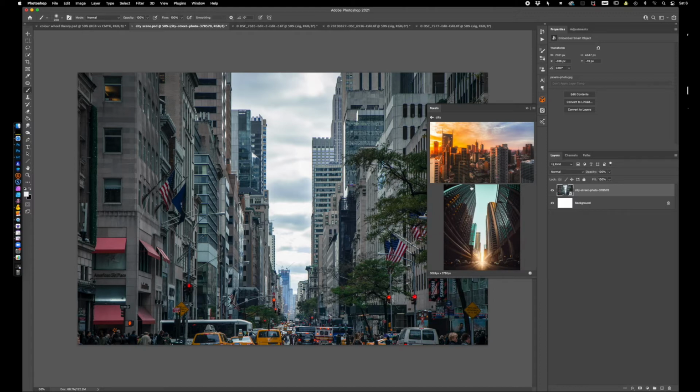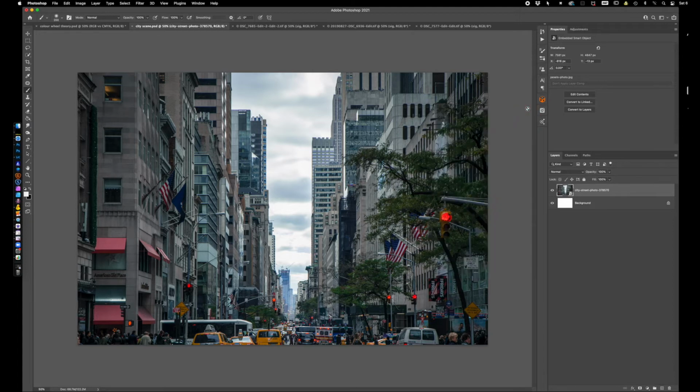I'll put a video up above now, and that will show you how to get Pexels, how to install it and how to use it. It's really good for finding resources to build up composites. So where it is a Pexels image, I will not be including it in the bundle. You go and get it from Pexels, because then you see the accreditation of the person. This particular image, which we're going to be using first, is City Street Photo